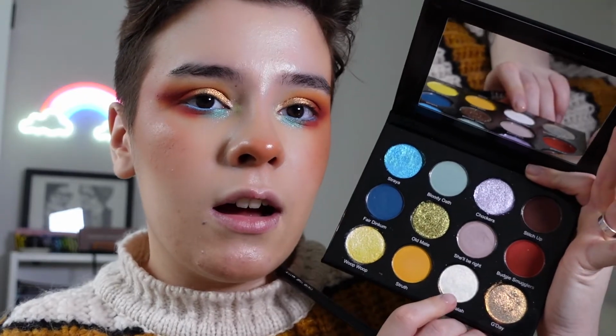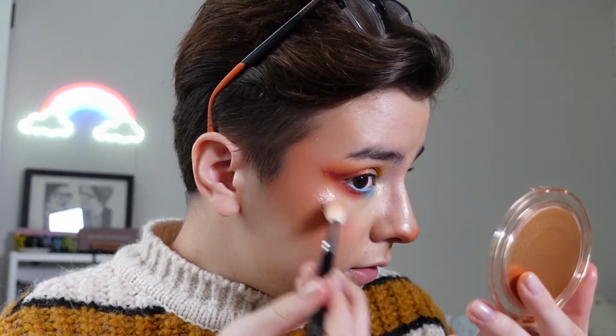Before I go off camera and finish up my mascara and lip, I do want to use Flaming Galah as my highlight today because I haven't applied highlighter yet. Picking this up on my highlight brush and I will be spraying it because I want this to be very intense. Okay, let's see how this...